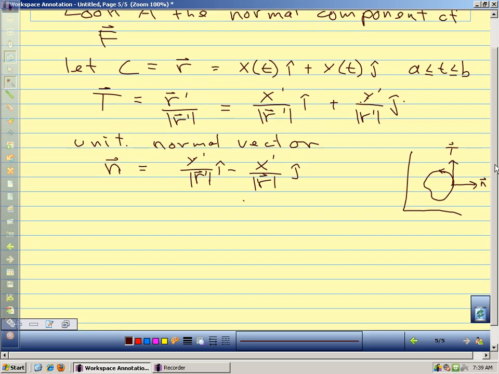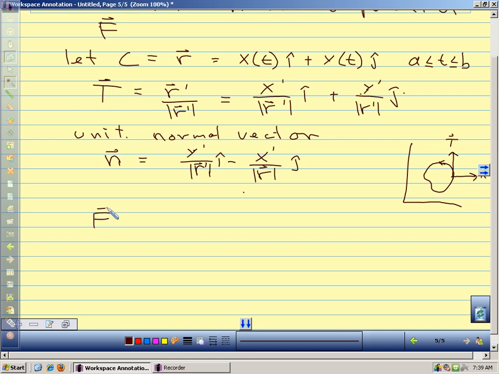And we let our field, our force, if we're thinking of a force, our F is Mi plus Nj, just like we've been using all chapter. So we're going to use a line integral to sum the normal components of F. So we want to sum the normal components of F. So we're looking at the line integral around our curve of F dot n ds. F dot n is going to give us the normal component of F,